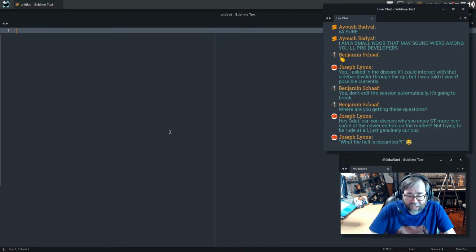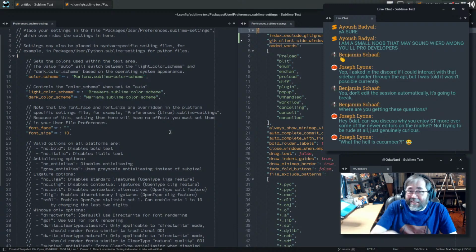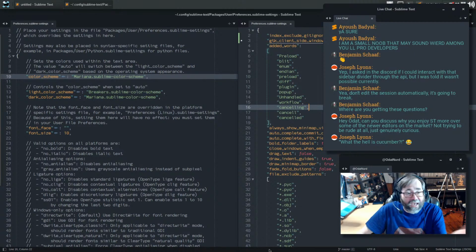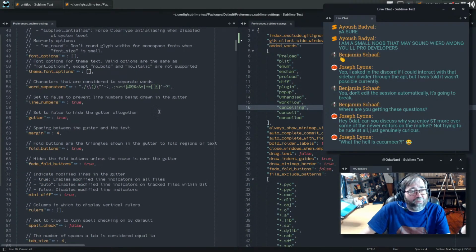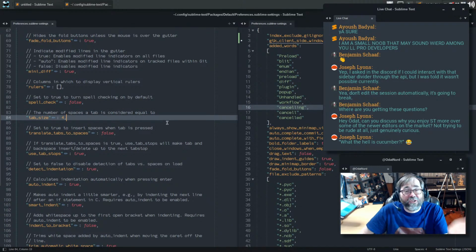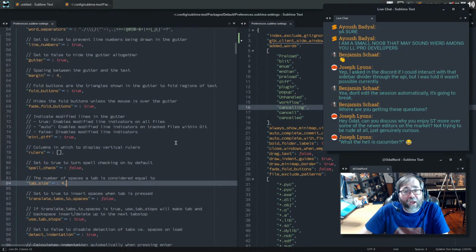And then, of course, you do the thing where you do preferences, settings. Of course, in those days, it didn't open in a window like this. You had the menu items for opening this as a separate file and this as a separate file. And look at these options. There are textual options in here, yes, but they all have a comment that says exactly what they are. Easy to search to find the one you want. Easy enough to just copy the ones that you want to change over here, leave everything else alone. That part seemed very easy right off the get.